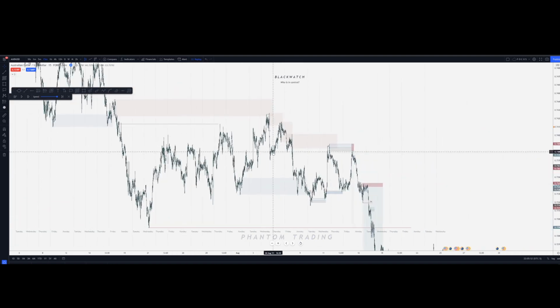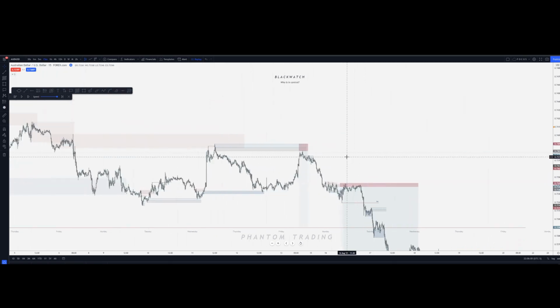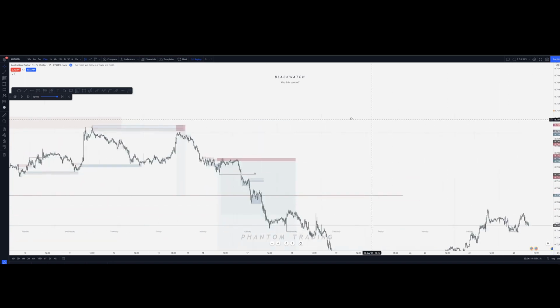This is typically what I'm looking for on a daily basis. Often it's done on the 1 minute. A lot of times you can take these 15-minute zones and go to the 1 minute and look for a better entry in terms of stop loss and that kind of stuff, right? But I hope that helps.